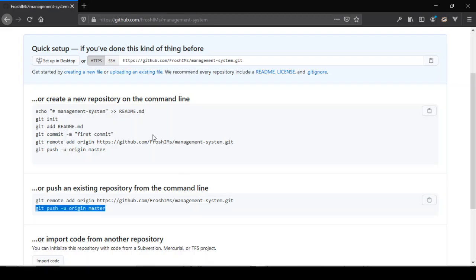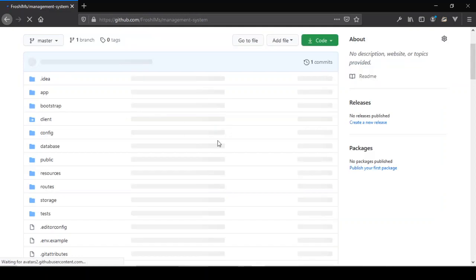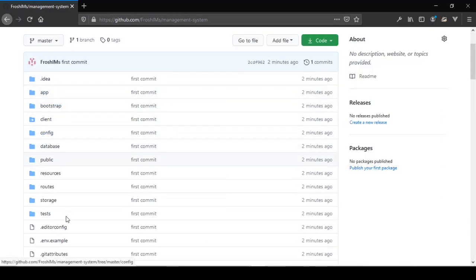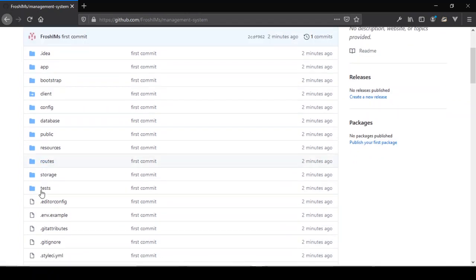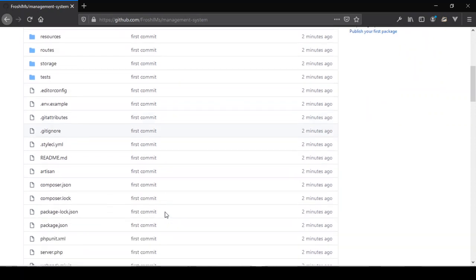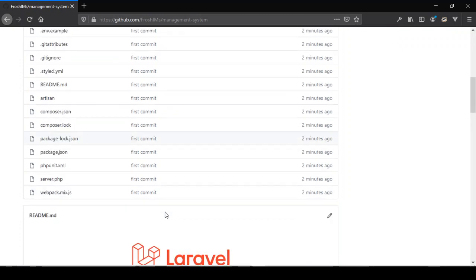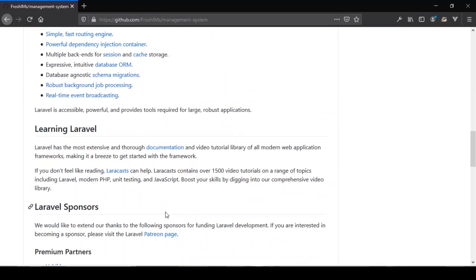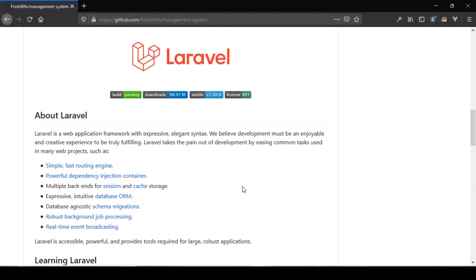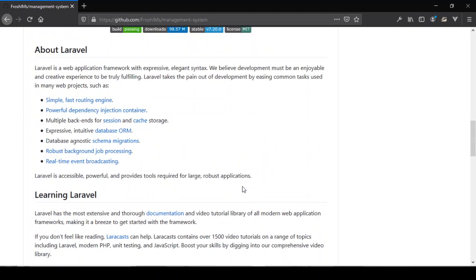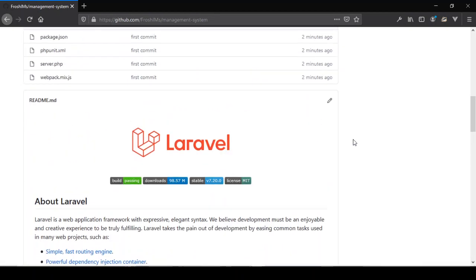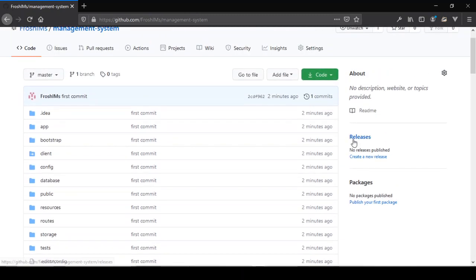If we head back over here and do a refresh, we should now see all the files. So there we go, except for the ones that we ignored with the Git Ignore, like the vendor and node modules. So if you pull this repo, all you have to do is your npm install or your composer install, and you will get back those files and all the necessary dependencies and packages that you had installed. I think you need to do the key. I think you need to do the public keys. I'll probably edit this so that you'll see that key as well. So that is pretty much it